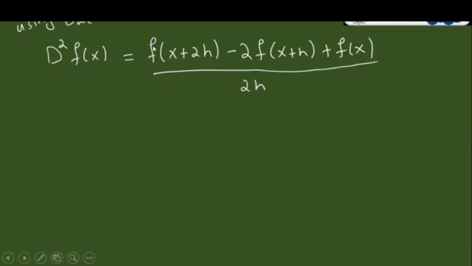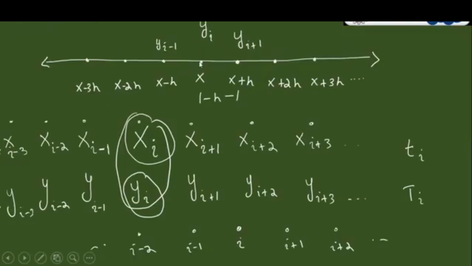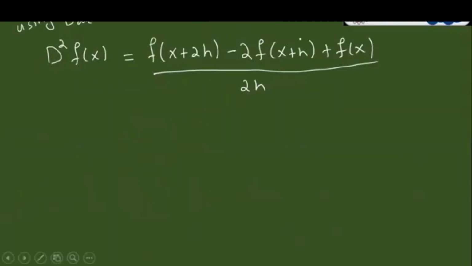Because I want to read the function f at the point x plus 2h. If x is the reference value, then x plus 2h is this value. So if I want to read the function there, I have to use the label yi plus 2. So in my new convention, this term is equal to yi plus 2